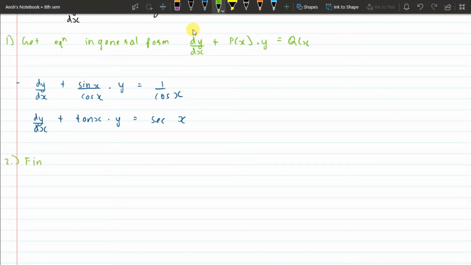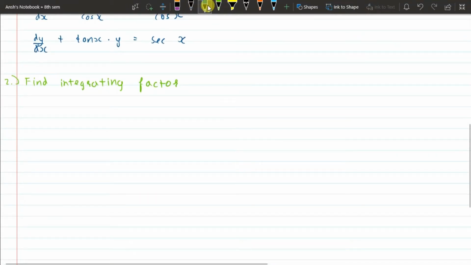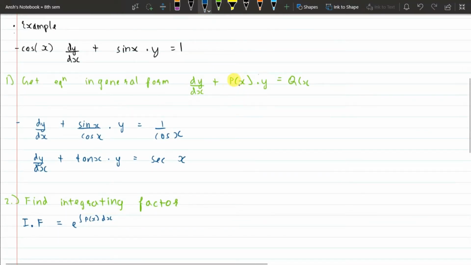is to find the integrating factor. This is the most important step of solving the differential equation. The integrating factor for first order differential equations is a term that is commonly used. But to solve any kind of differential equations, all you need to know is that the integrating factor is written as e to the power integral of p of x with respect to x. And p of x, as mentioned earlier, is the arbitrary function right here.